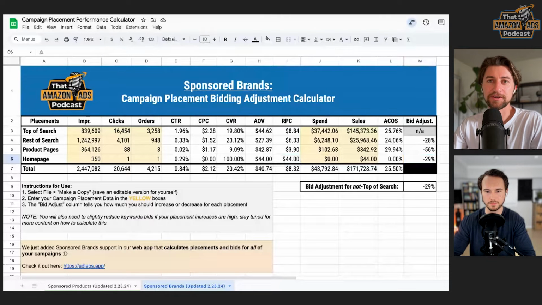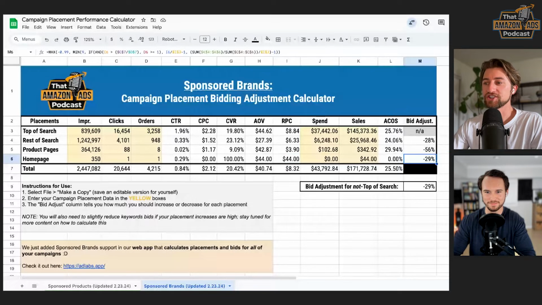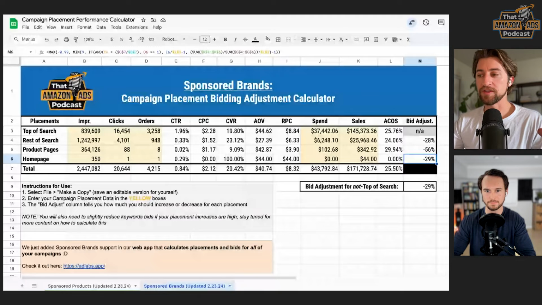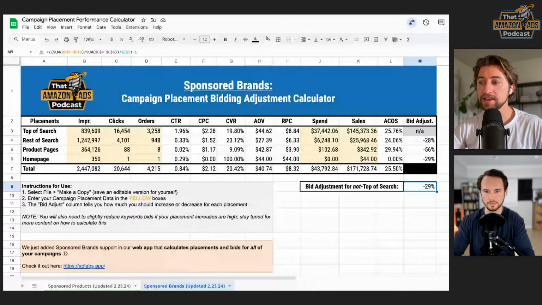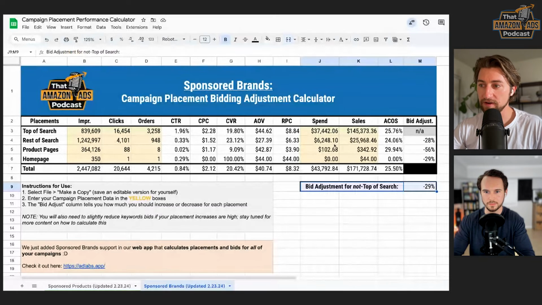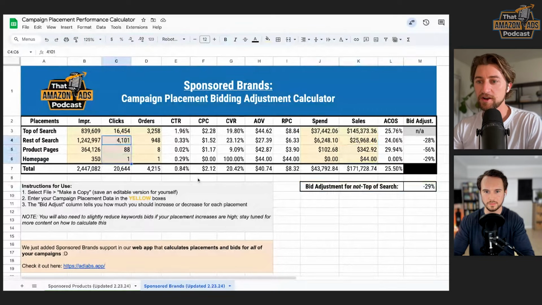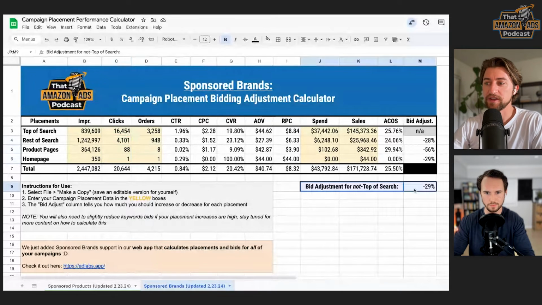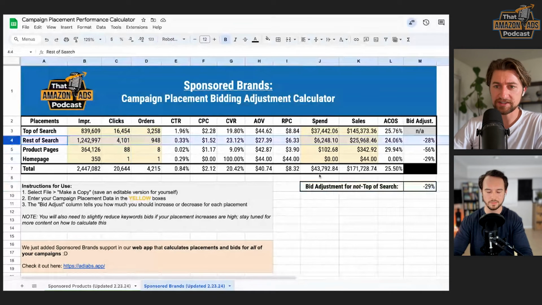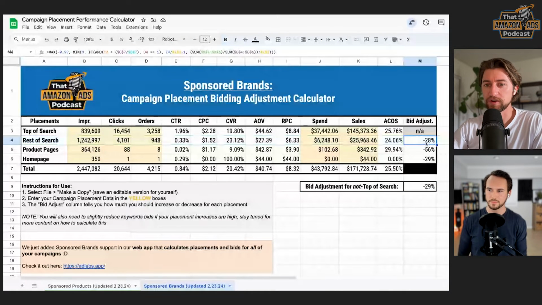So you're welcome. We built in a little data confidence checker in which if there's not enough data for this specific placement, we will then be using basically this value, the general adjustment for all non-top of search placements, which is just calculated based off of the sum of all the sales for all 3 placements that are not top of search over the sum of all the clicks that are not top of search. So we're aggregating all of the non-top of search placements RPC compared to the top of search RPC, and that's how we get this generalization. So for rest of search, we have enough data confidence. We'll go minus 28% to calculate that.